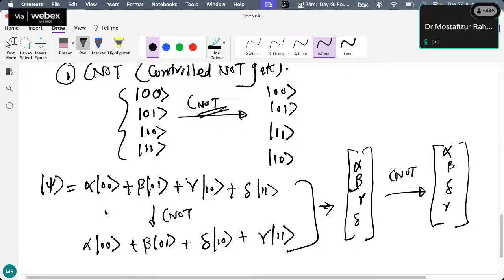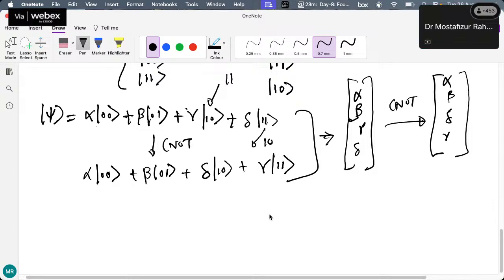So with these four basis states, this is your representation: alpha, beta, gamma, and delta, right? And now your basis changes, like the state 1 0 will become 1 1, and 1 1 will become 1 0. So earlier, in front of 1 0, what was the coefficient? Gamma. Now in front of 1 0, what is the coefficient? It will be the one that was in front of 1 1, because 1 1 has become 1 0, right? So you just simplify the equation and write it. It's a class 2 level thing. So that's why there is a definition of C-NOT in this way.